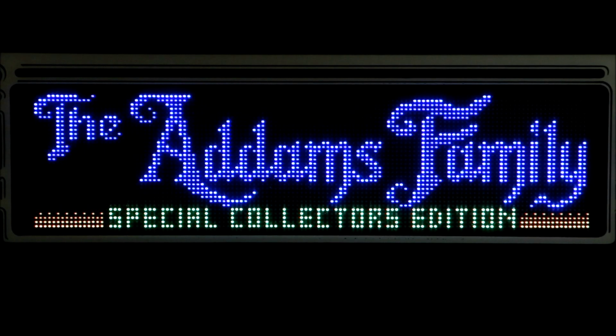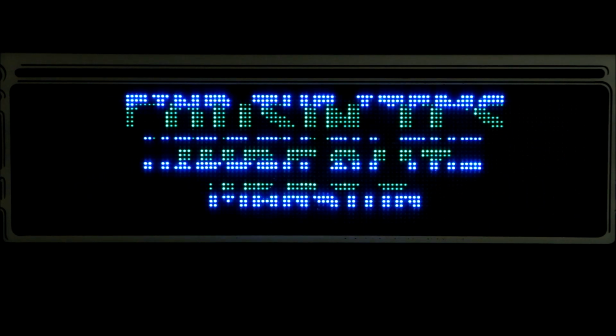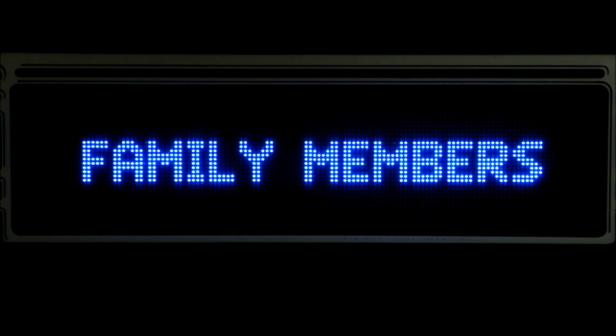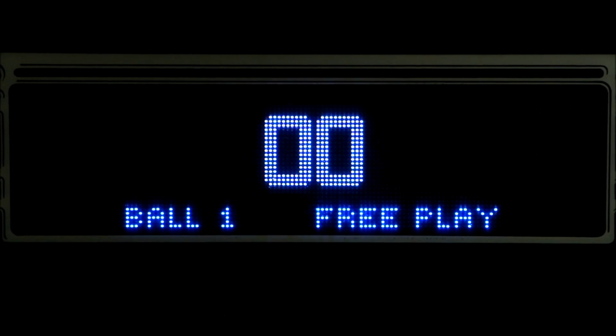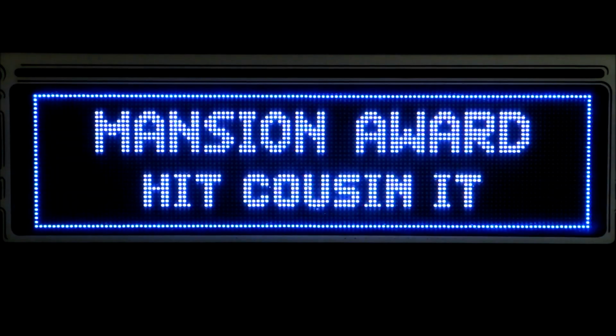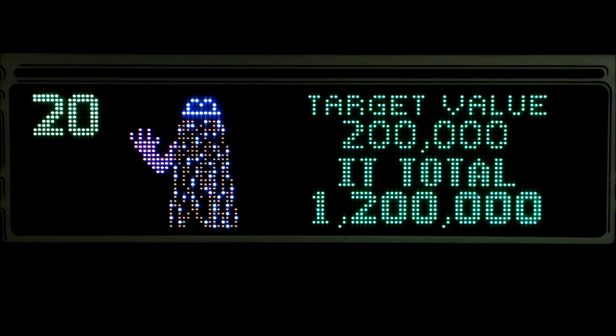At the end of my video about installing an LED type color DMD into my Addams Family pinball game, I provided a few screenshots to show how it looked. Afterwards, I realized I'd missed several interesting animations and that the color rendering failed to show what the new DMD really looked like. So I put together this follow-on video that'll give a better idea of how these new DMDs